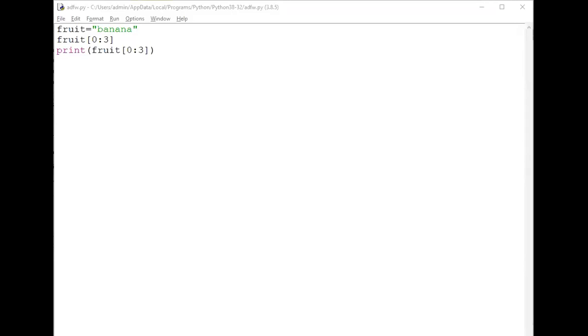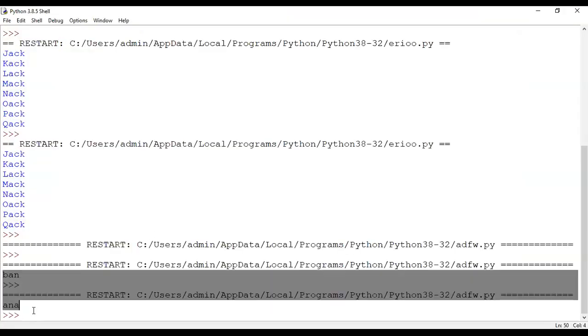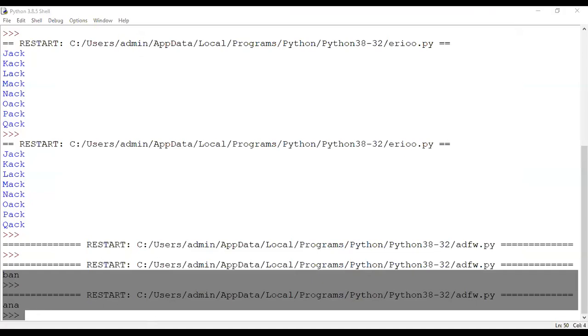If you are printing this fruit slice from 3 and colon, you will receive a different output definitely. Just note the difference between the outputs. Now moving ahead,